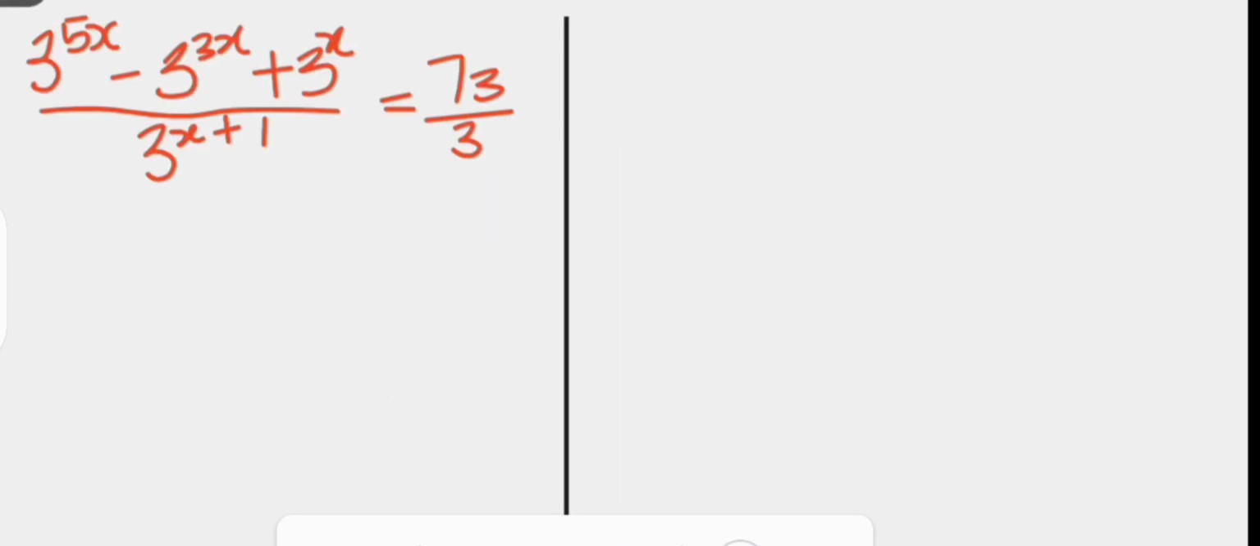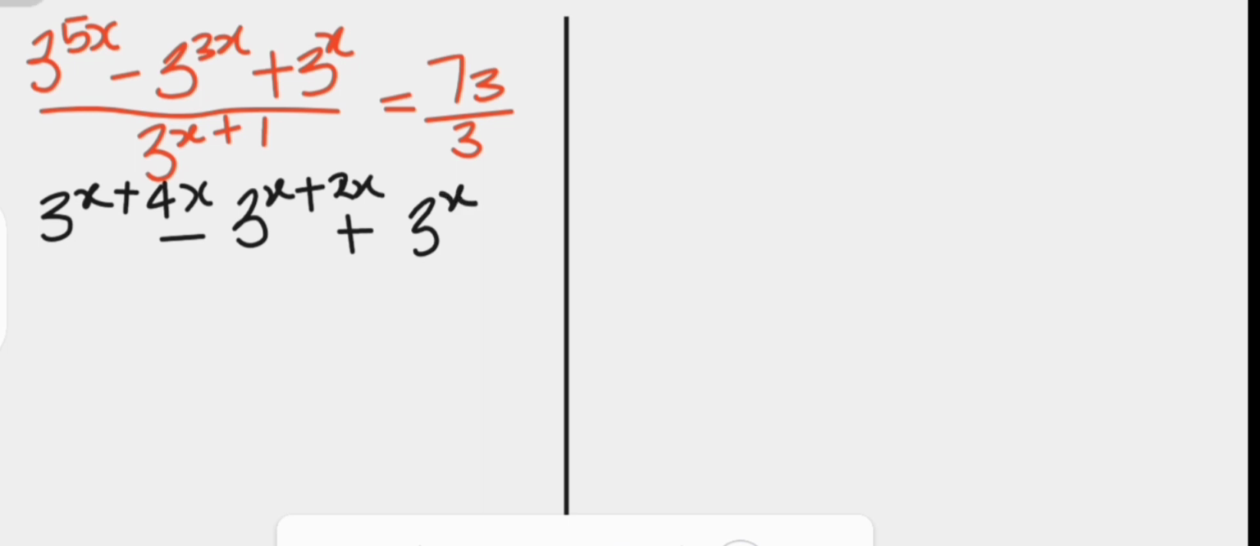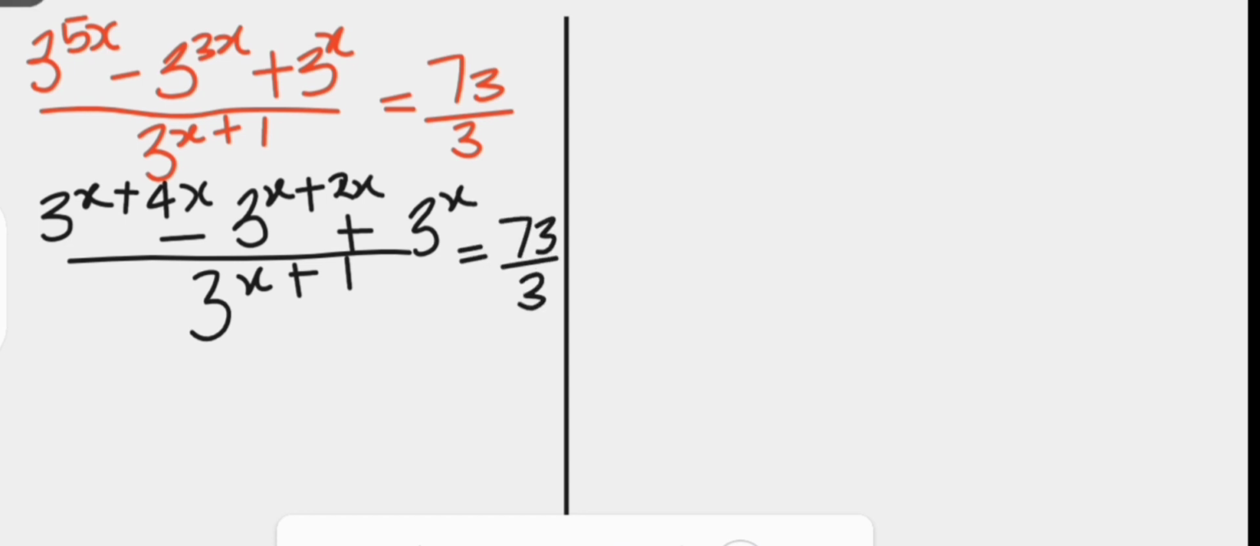3 raised to the power 5x can be written as 3 raised to the power x plus 4x. We have minus 3 raised to the power 3x, which can be written as 3 raised to the power x plus 2x, and that plus 3 raised to the power x over 3 raised to the power x plus 1 equals 73 over 3. And when we have the sum of exponents like this, they can be broken into products,